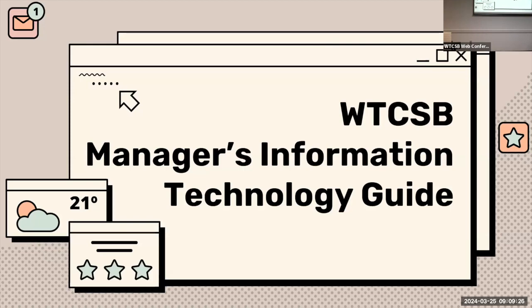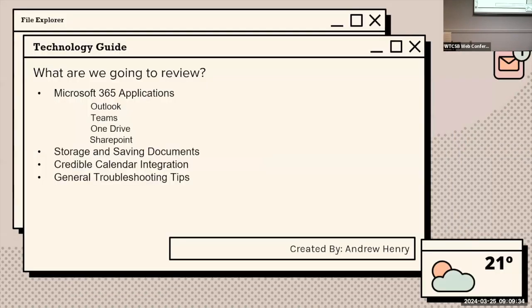This is WTCSB Manager's Information Technology Guide, something I created. What's the next slide? So we're going to review Microsoft 365 applications, which consists of Outlook, Teams, OneDrive, and SharePoint. Storage and saving documents, the best way to utilize your local hard drive space and how to utilize your best OneDrive,